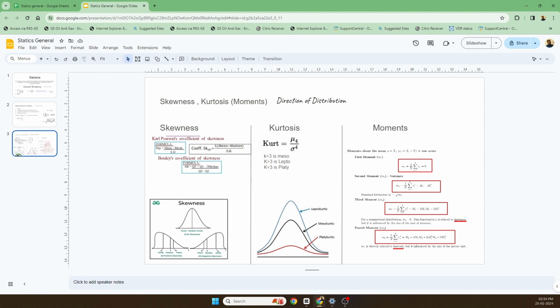And then the next thing is kurtosis. For kurtosis you are looking at the fourth moment. If the fourth moment is 3, it means it is mesokurtic, which is a normal distribution. If it is greater than 3, it is leptokurtic, and less than 3 is platykurtic. The moments are like x minus x bar to the power 1, to the power 2 is the second moment, to the power 3 is the third moment, to the power 4 is the fourth moment. And anyway, this is the expanded formula. When you divide these with this